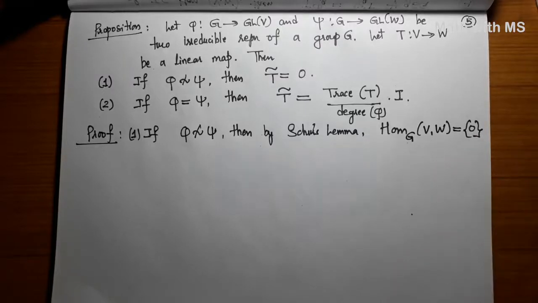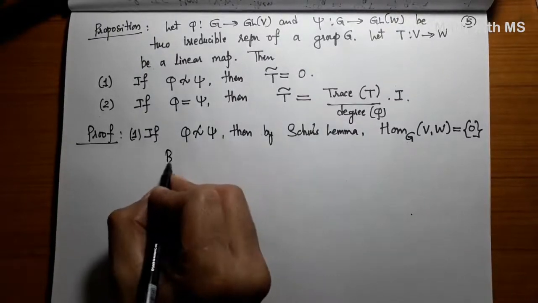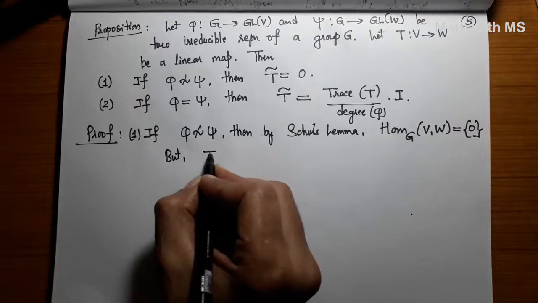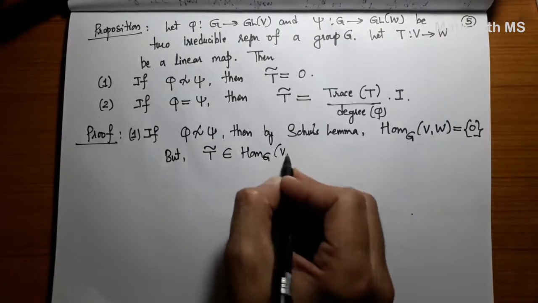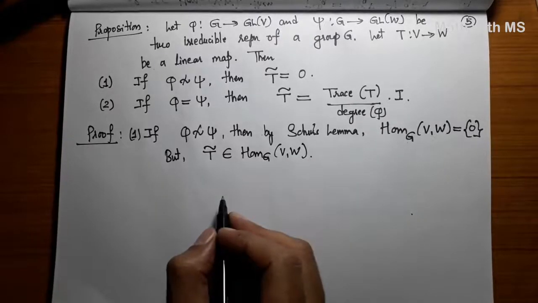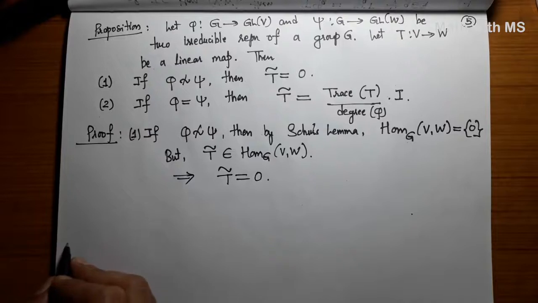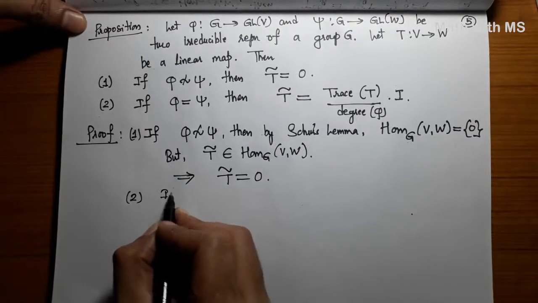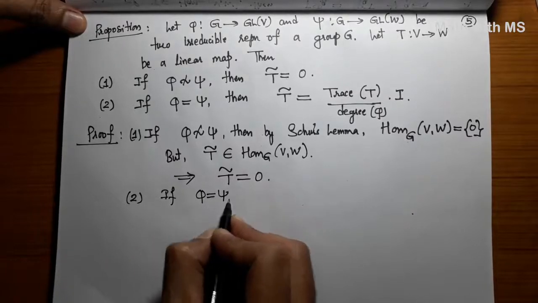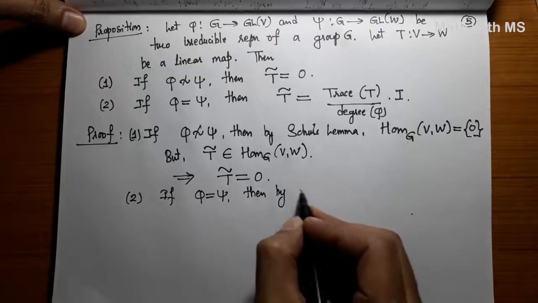There is no non-trivial morphism between two inequivalent irreducible representations, right? But we know that T tilde is always an element here, in Hom_G(V,W). This implies that T tilde has to be 0. So it's just a consequence of Schur's lemma. Secondly, if phi is psi, then by Schur's lemma,